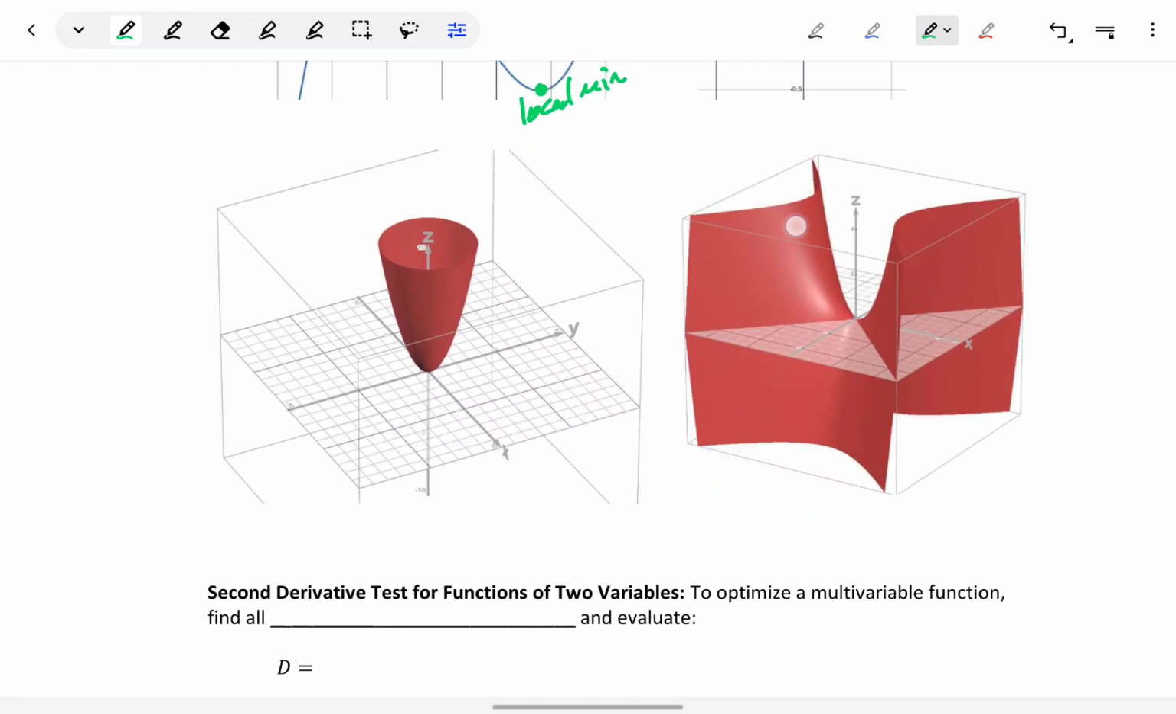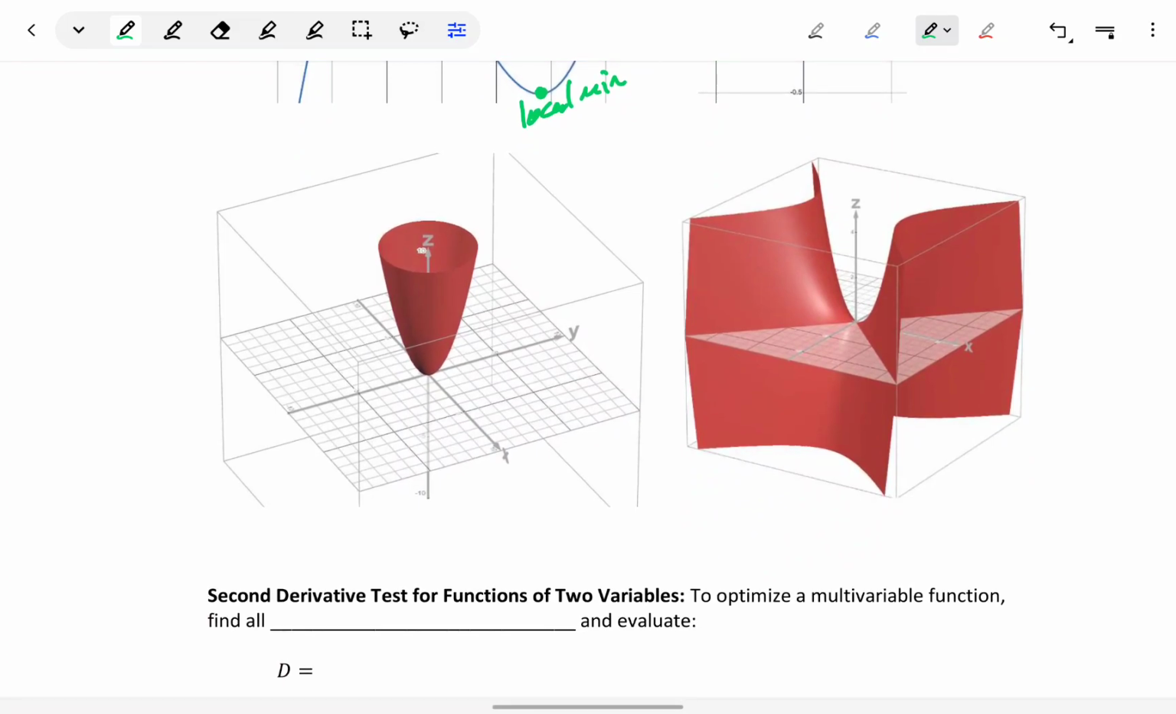We're going to have similar ideas that we're looking for as we look to optimize multivariable functions. Obviously, this first graph that we have has a local minimum because that's the lowest function value that function ever takes on. In this case, this also happens to be an absolute minimum for the function,